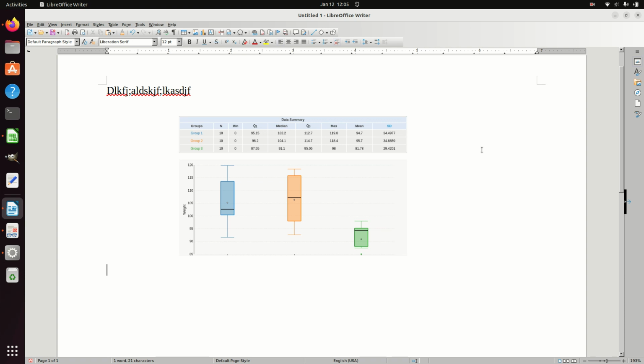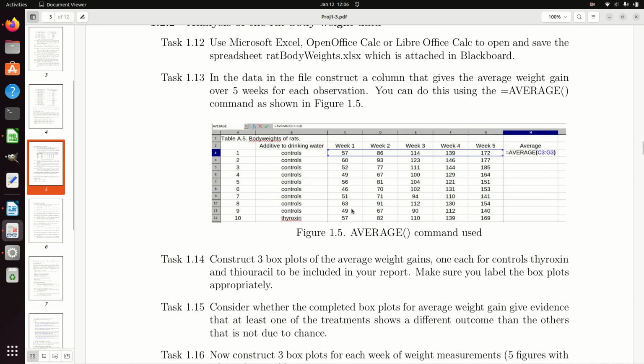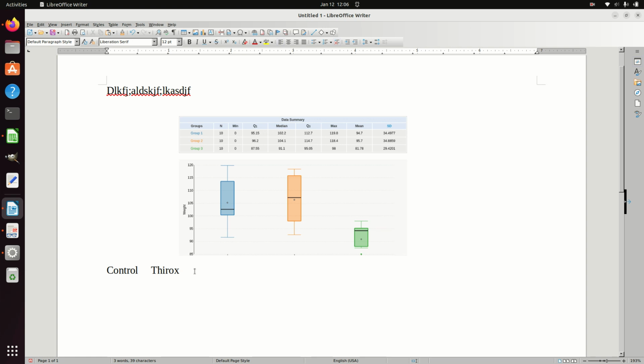So what am I going to do? Well, I need to tell it control. Okay, there's control. Now I'm going to space a little bit, and thyroxine. Is that how you spell it? Let's go back here. Oops, I don't see it there. T-H-Y-R-O-X-I-N. I'll have to do the data file. Okay, T-H-Y-R-O-X-I-N, thyroxine. And then the other thing,